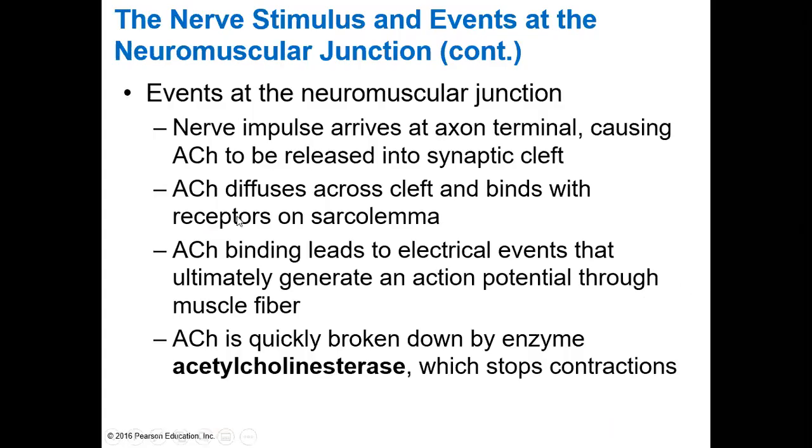Okay, so this is just repeating everything I just said. The nerve impulse arrives at the axon terminal, causing acetylcholine to be released into the synaptic cleft. That is, after calcium floods that axon motor end plate. Acetylcholine diffuses across the cleft and binds with receptors on the sarcolemma. It causes a conformational shape change on those receptors that leads to electrical events. Ions are pieces of electricity. So sodium is electric, potassium is electric, that ultimately generate an action potential through the muscle fiber,